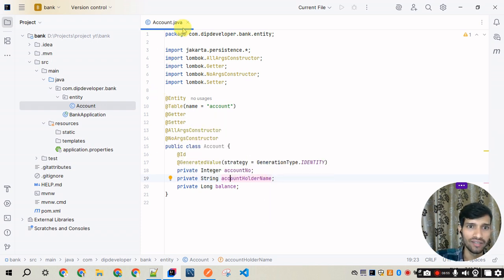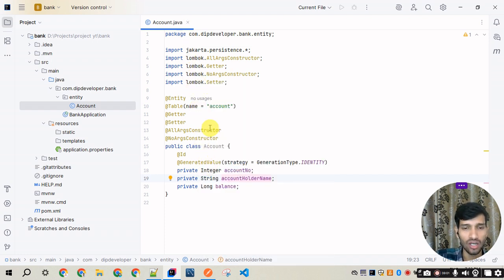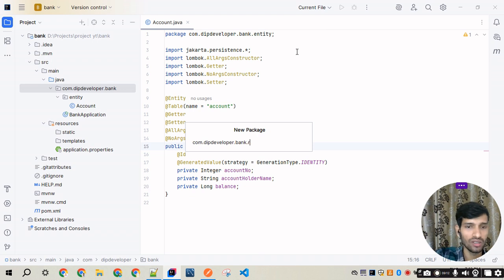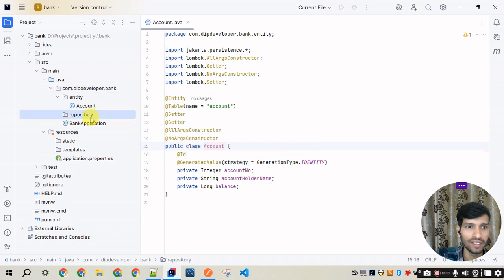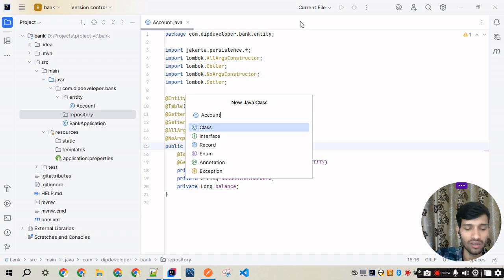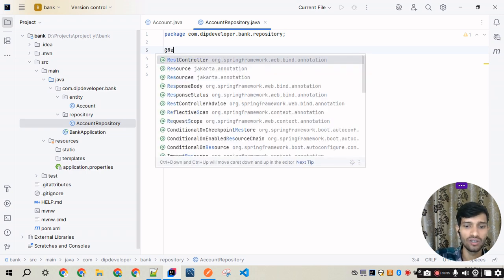Now Account is created, fine. Now we need to have some repository layer, right? So that this Account will be connected to the database, and whatever object we pass will be connected to the database automatically. So for that we will create one package called repository, and in this repository I will create one class called AccountRepository. And this is a repository class, so I will annotate it with Repository,